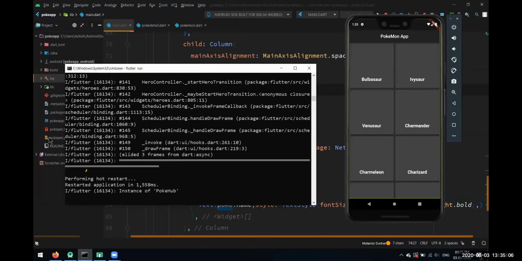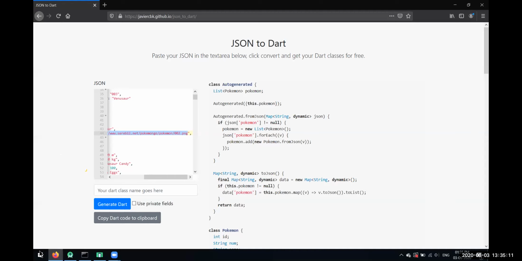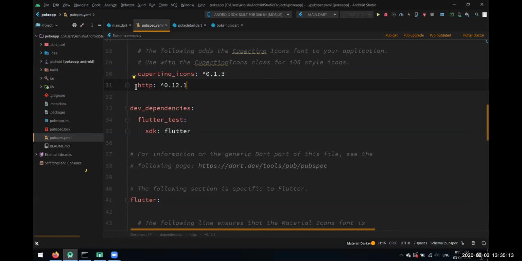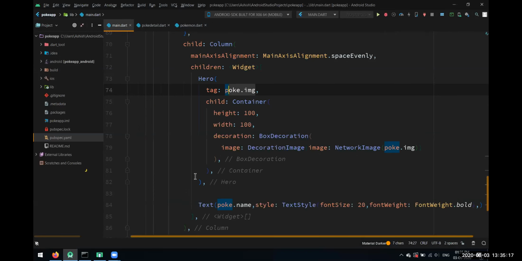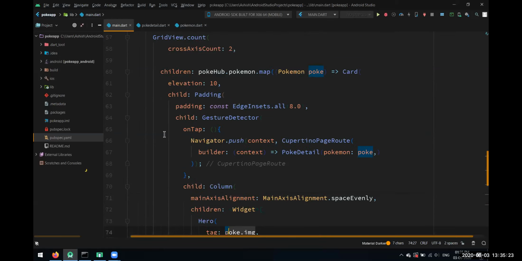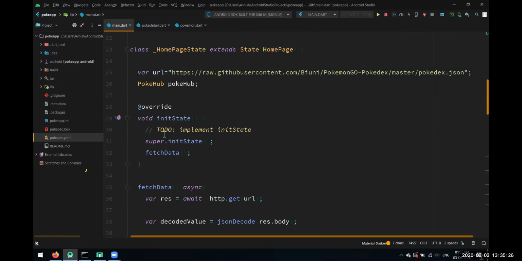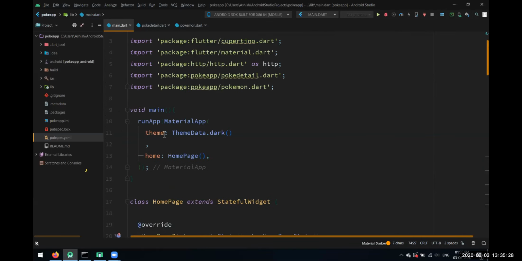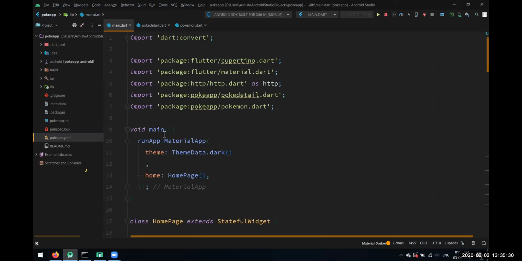The HTTP package, we added that HTTP package from pub.dev. We used the HTTP package, and we pasted it here in our YAML file. So today I suggest that when I share the link, you open this project in your editor, take a look at the whole code and try building this project. On top of that, you also make your own customizations in this.